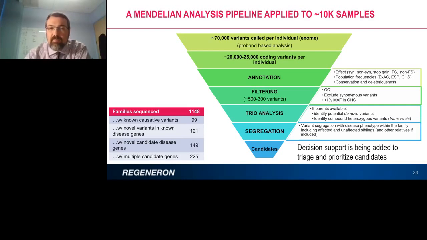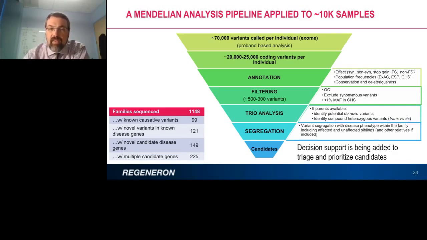And the way this works is you sequence the individual affected with the disease, the proband, and then you immediately filter that down to about 20,000 to 25,000 coding variants per individual. And then you go through an annotation and filtering exercise where you take out basically everything that you expect to not have an impact on disease in this way. So these are things that are synonymous. These are things that are incredibly frequent in large populations. These are things that are not well conserved or not thought to be deleterious, things that basically don't seem very likely to be a highly penetrant variant